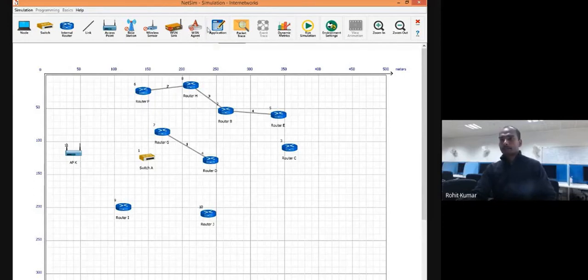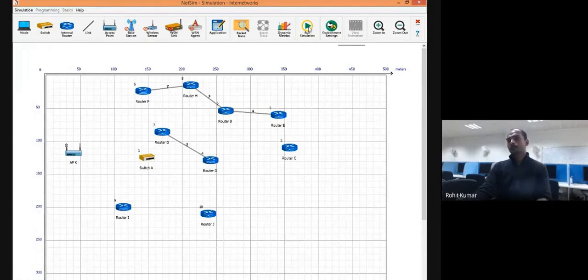Now, up to here, up to this division, on the left side ribbon, you will find the devices. On the right side, in the middle, it is the application. So it is the hardware setup. These icons on the left side ribbon will help you to set up your hardware environment. In the middle is the application, and on the right side, these are the different options that you can use for the real-time analysis. Means you want to log the events, you want to see them in the real time, you want to see the simulation, and then at the simulation time, if you want to record video, those options are also available.